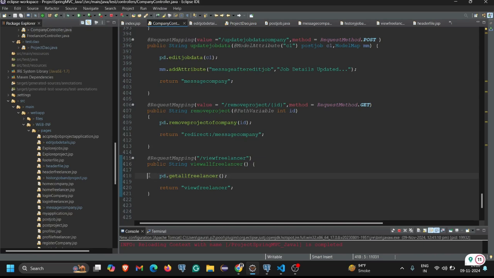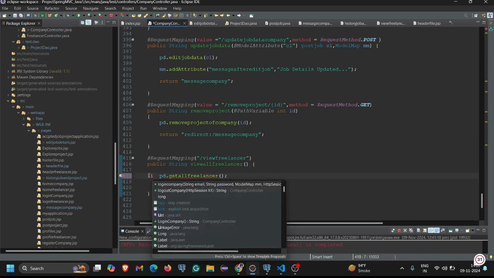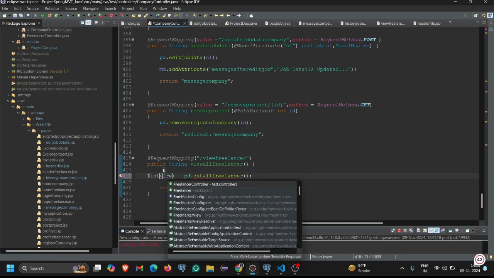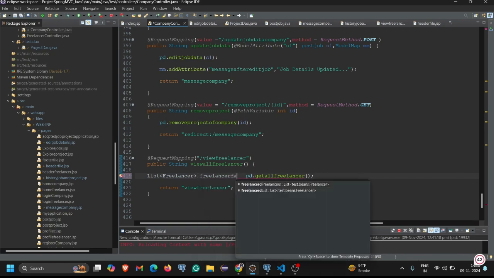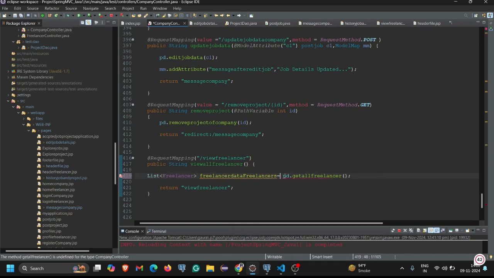So for getting the data, we have to write a List. We have to get this entire getAllFreelancer result into one list. So I'm writing List of Freelancer, and I'm writing here freelancerData is equal to this entire thing. With the help of ModelMap, we can easily get that data into one method, and with the help of a key we can easily show the data. So I write here ModelMap